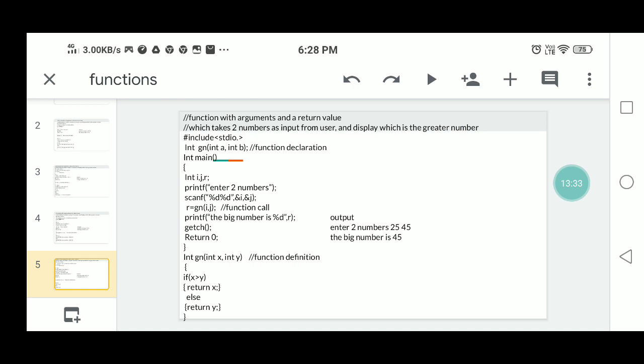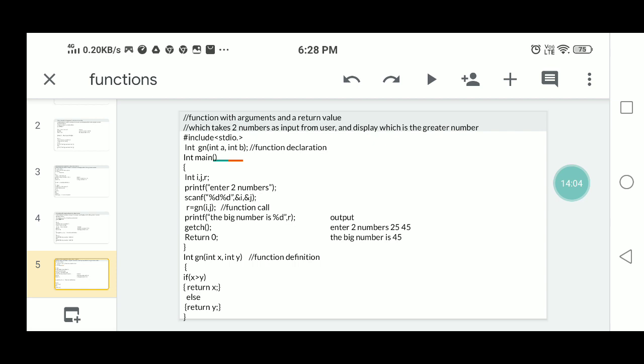So in that main program we declare i comma j comma r as the variables. i, j are for reading the data, r is the resultant variable. Whenever you enter the data in the main program, after entering the data, immediately you can call the function here.